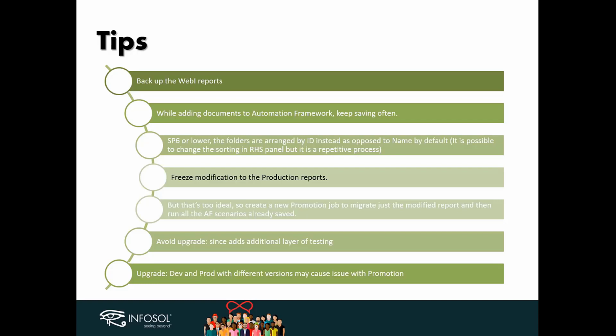And ideally, you try to freeze modification to your production reports if possible, to avoid reports changing, universe changing, and then when you try to validate them, they don't match because they changed in the process. So try to freeze that. I know it's difficult at times, but it's good to do that. Try to avoid other changes going on at the same time, like a database upgrade or BO upgrade. Better to do them in pieces so that validation is easier.